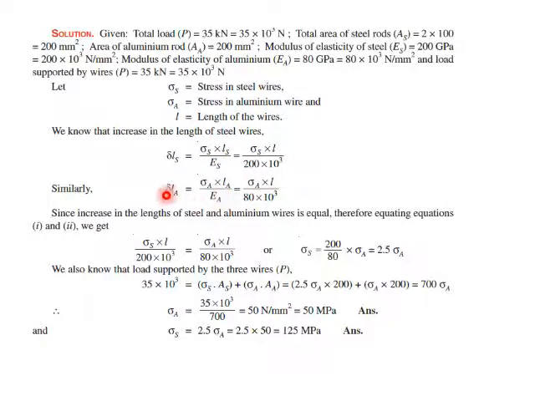Okay. Similarly, deformation in aluminium, delta LA. So sigma A into LA divided by EA. So P by A into L divided by E. So you can also take it in a simple way, delta L is equal to PL upon AE. So you will get an idea clearly instead of taking sigma. So if you are used to PL upon AE, you can take that, or else you can use sigma even. So I have equated this because we know that deformation in steel and aluminium should be equal. So I have equated this and I'll get an equation in terms of sigma S is equal to something of sigma A. So here I got sigma S is equal to 2.5 sigma A.